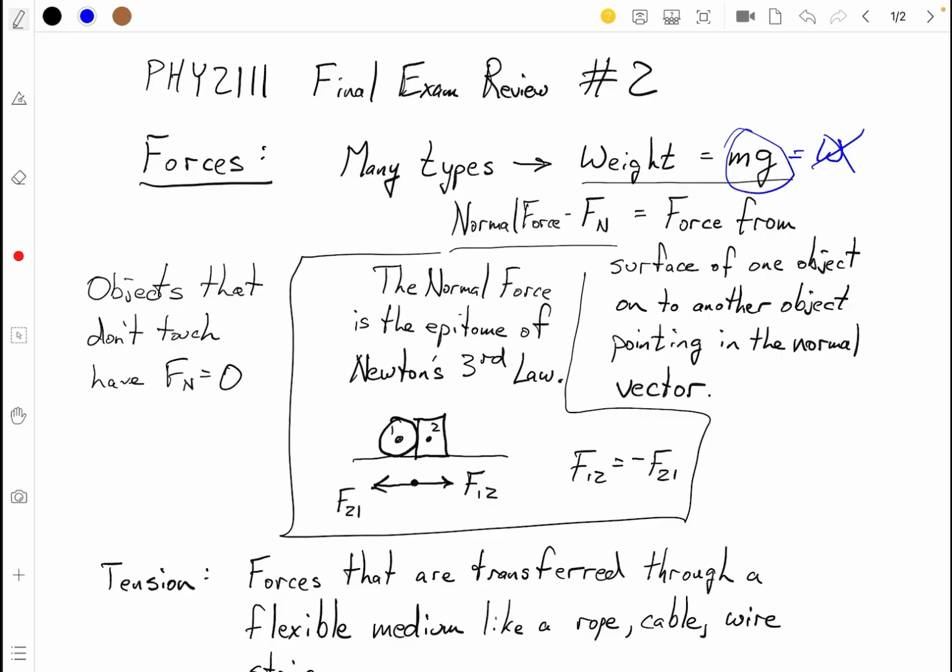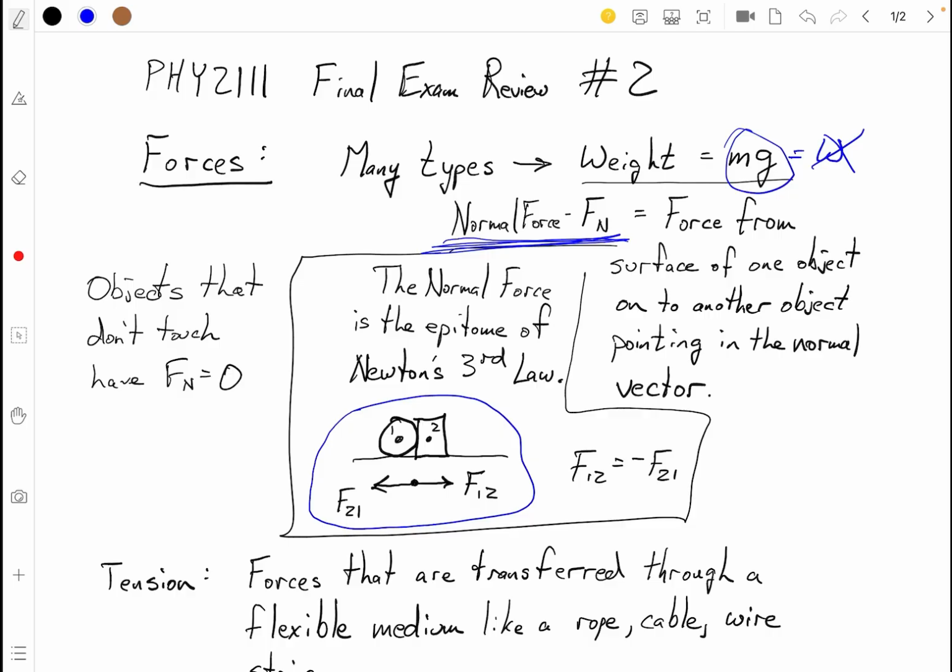Next, the normal force. Huge. This is a big deal. It's the force from the surface of one object onto the other object. It could be a table, it could be the ground, it could be a wall. Any time two things are touching, they are providing a normal force on each other. So that's why I draw this picture here pretty much every time. It used to be two kind of circles nuzzled up against each other, but for obvious reasons, I don't do that anymore. So now I have the block and the circle, and one is touching the other, and they're both